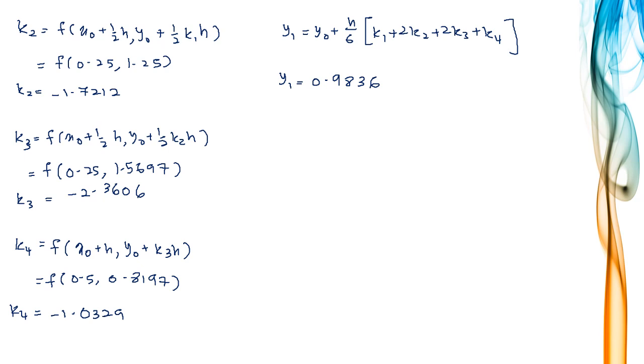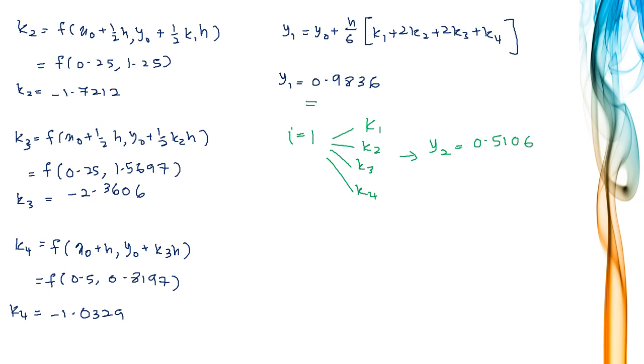So now we continue. So we already have our y1. So now we are going to find y2. y2 is when i is equal to 1. So we start over again. We calculate k1, k2, k3, and k4, so that I will have my y2. y2 is equal to